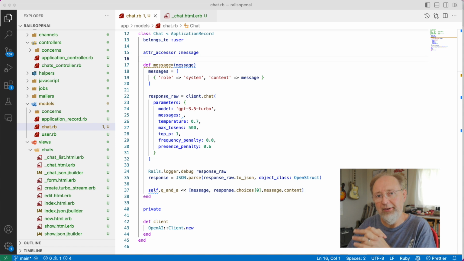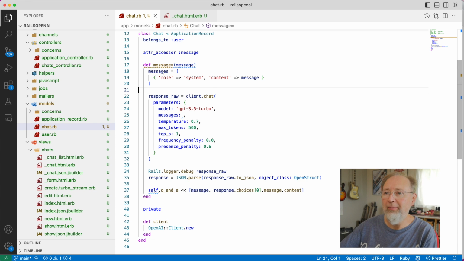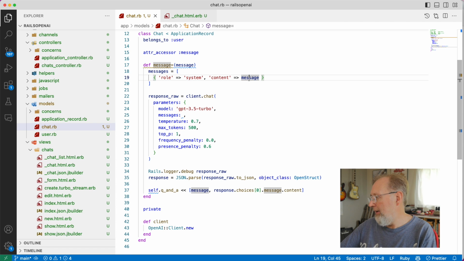It's nothing clever, and it's surprising actually. You simply send everything that you've already talked about back to ChatGPT, and it continues the conversation. So what we do is this. So we've already got the message, and we say that first message that came in,